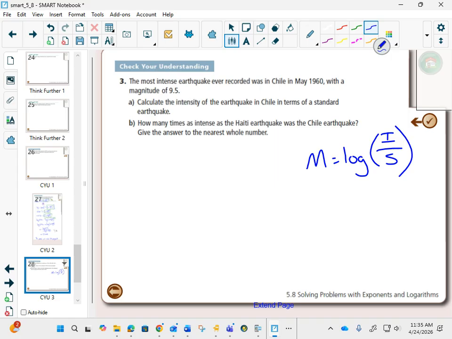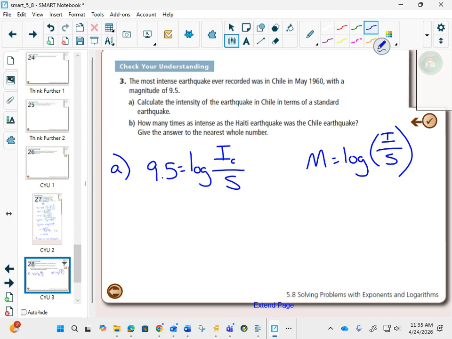I won't even demonstrate that with the desk. Calculate the intensity of the earthquake in Chile in terms of a standard earthquake. So we've got our formula here. The magnitude is 9.5. Since this is the Chile one, I'm going to put a little C there for the intensity of the Chile one